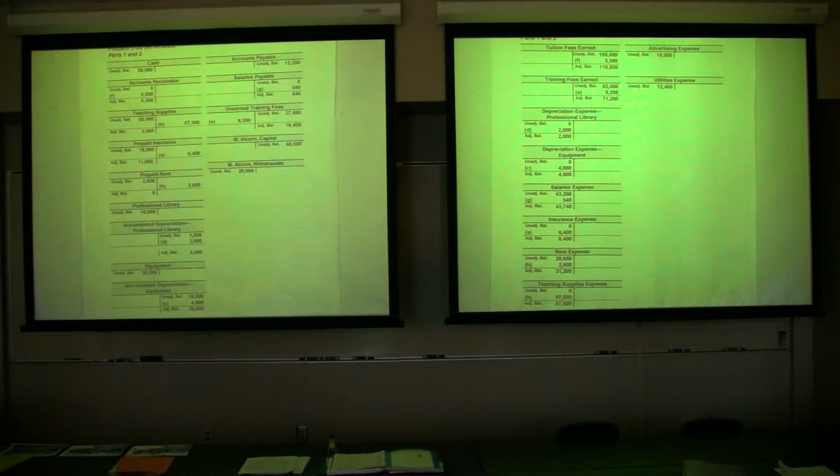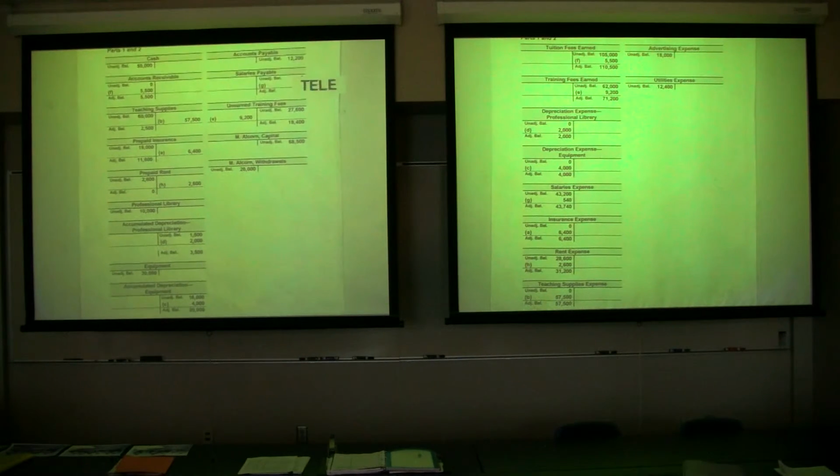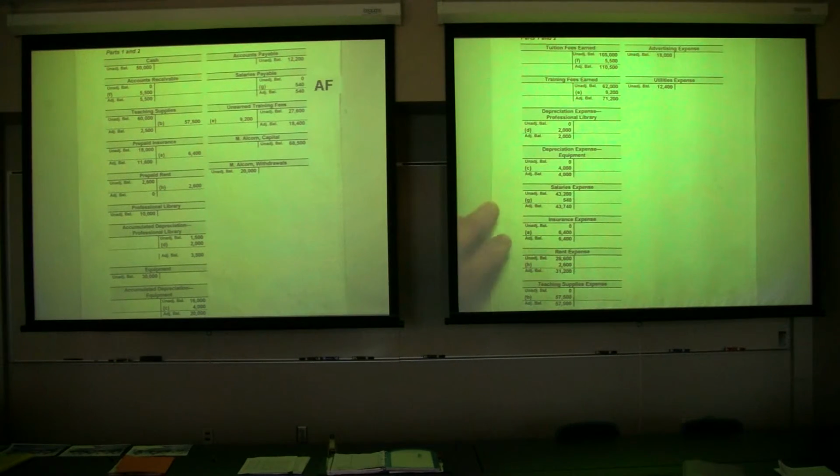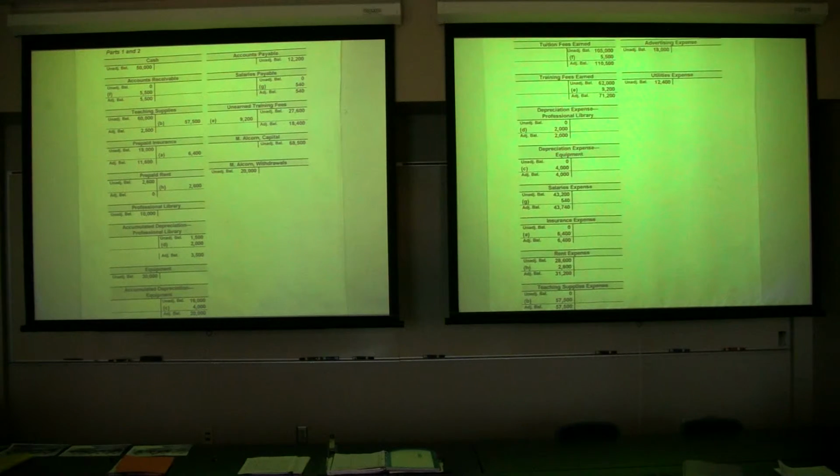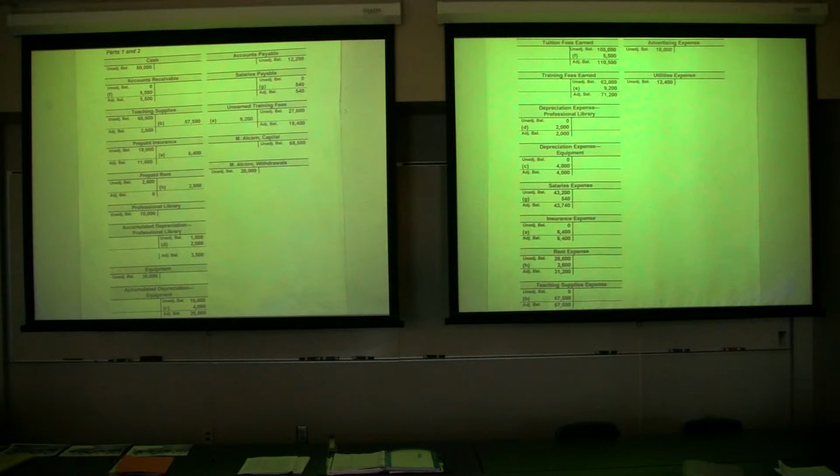And then as for prepaid insurance, it came down to 11,600. Prepaid rent, 0. And professional liability, left to right, with the order of operations. 10,000 debit. And then accumulated depreciation was